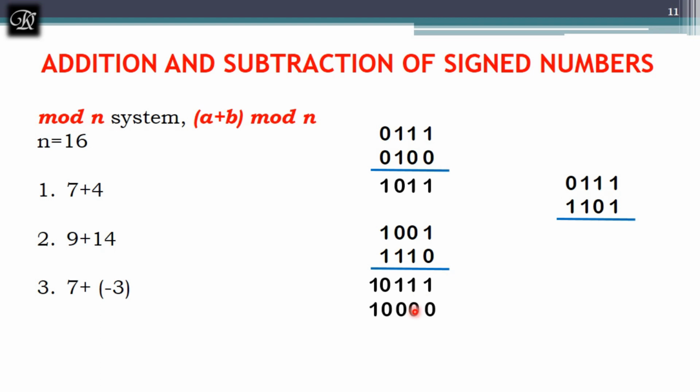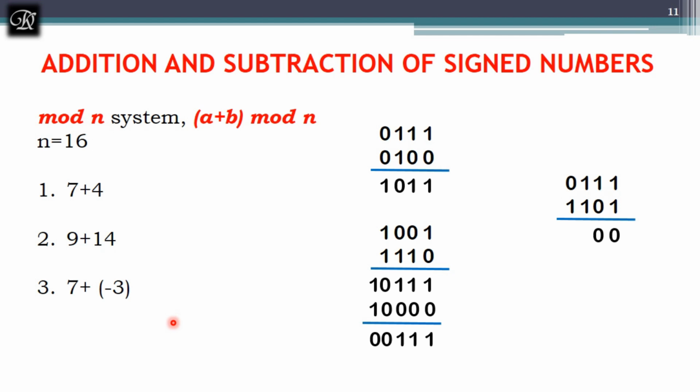So 16 in binary is 10000. Now you have to perform the addition operation, same. When you perform the addition operation, it is going to find 1 1 1, and this is 0, this is 0. Again there is a carry, we ignore it. As I said, whatever answer I got over here is 23, that is 1 plus 2 plus 4 plus 16. So it is 23. Now if I take a mod 16, then the remaining value will be 7, 1 plus 2 plus 4.